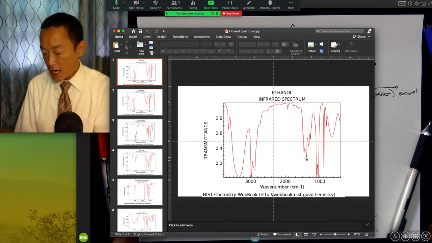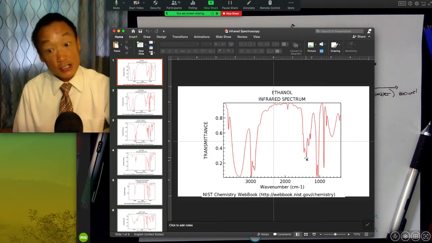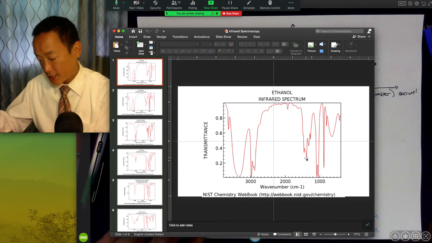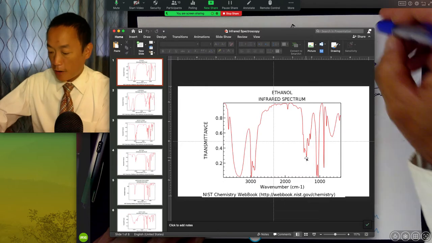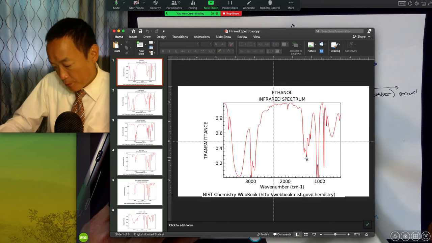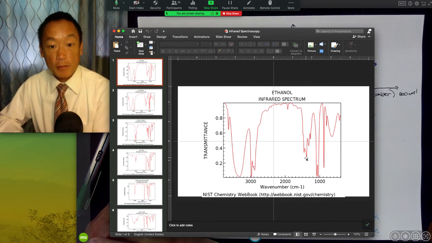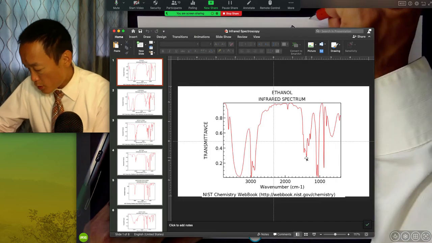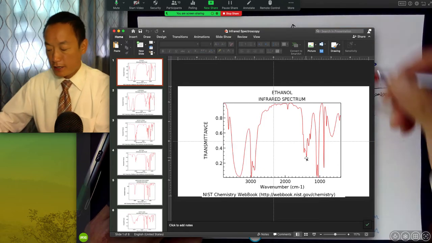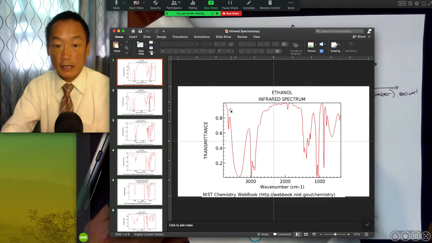At that point in time, every single type of bond, that should be the take-home message, every single type of bond in our sample has its own energy, and when it comes in contact with that energy, it starts to become excited. And so perhaps, and I'm not necessarily saying that this is true, but when we look at the sample of ethanol, this red, it passed through the sample and there was nothing that got excited at all. And so maybe we're looking at the 3,900 inverse centimeters in this spectrum of ethanol. So we'd be looking at this right here.